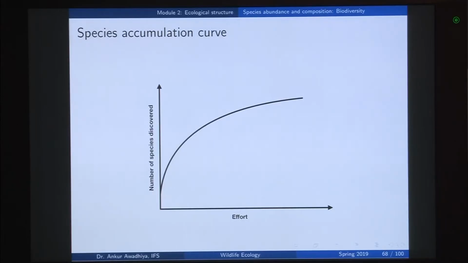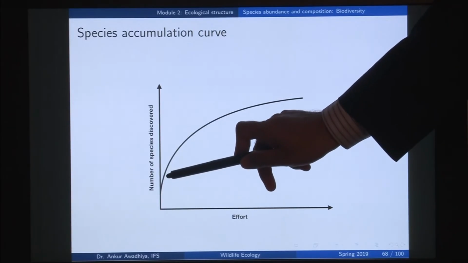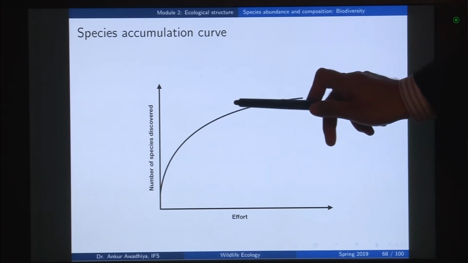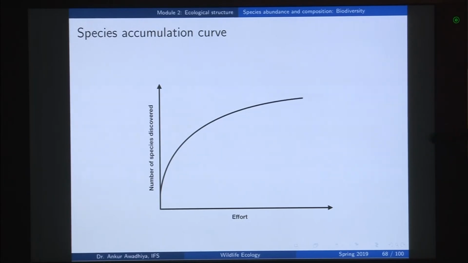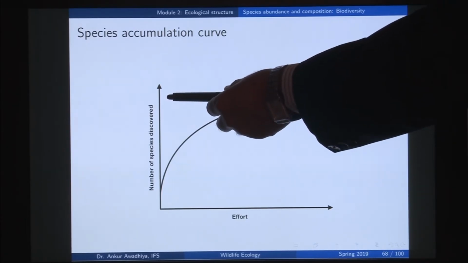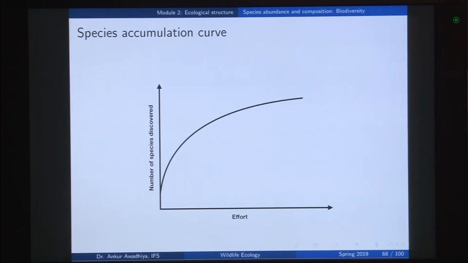So, here we see that on the first day we saw so many individuals, then every day we are seeing some new individuals, but then after a while it is reaching this level of flatness. And once we reach this stage, we say that this is the number of species that are found in this area. So, we draw a straight line and we see that this is the number of species that we have